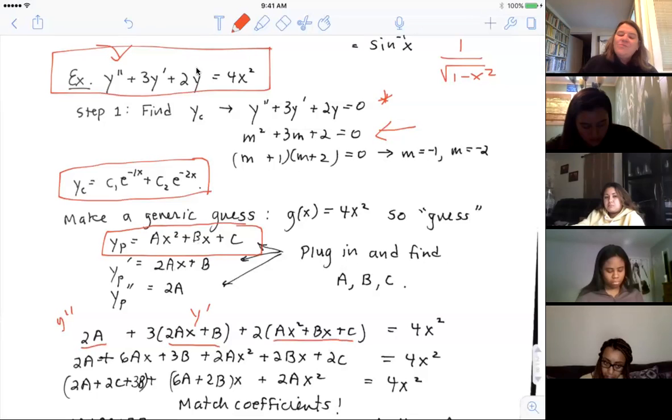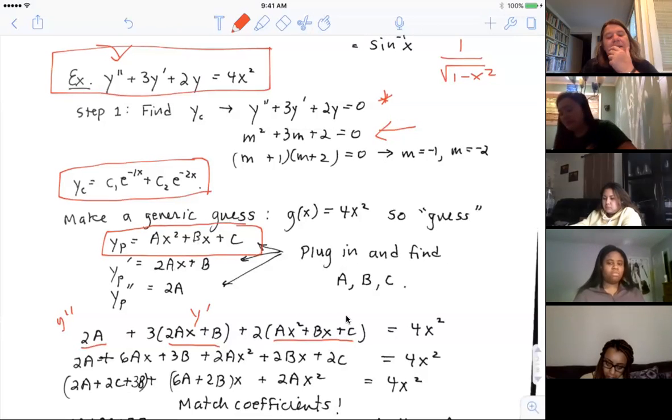Now, guys, you might see what I'm getting ready to do, because this left-hand side right here is just a polynomial with these unknown coefficients on it. If I can figure out what those coefficients are to make this 4x squared, I'll be able to have a solution. Figure out A, B, and C, and you've got a solution.